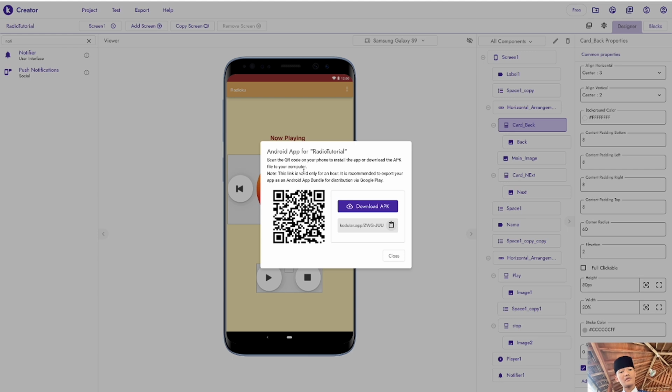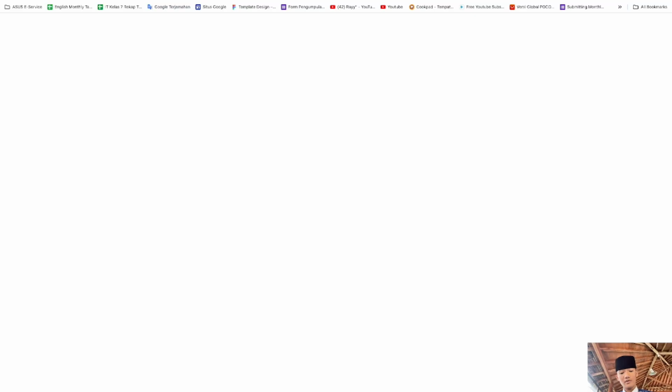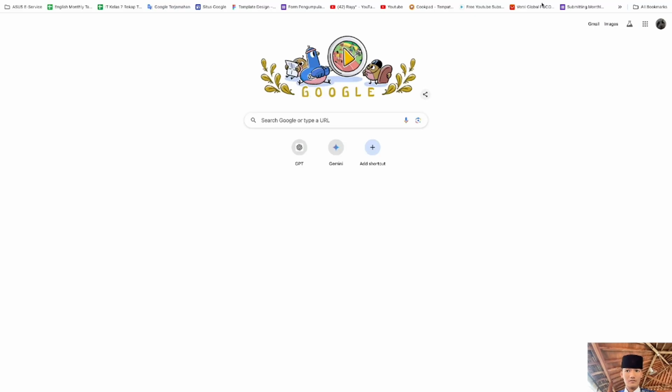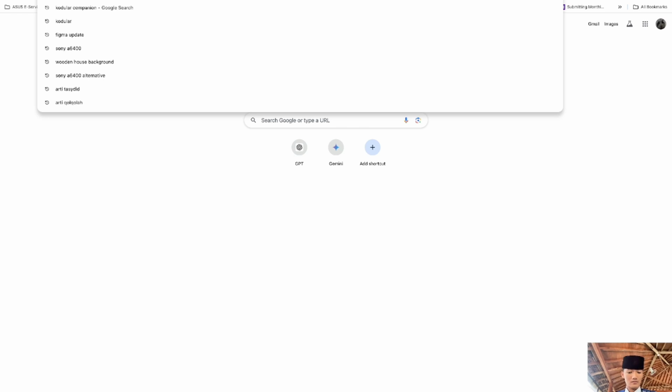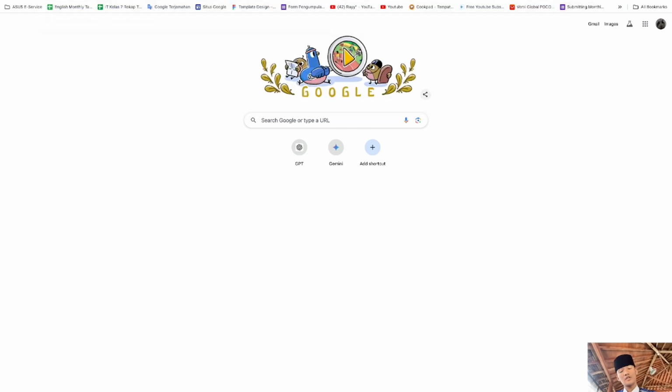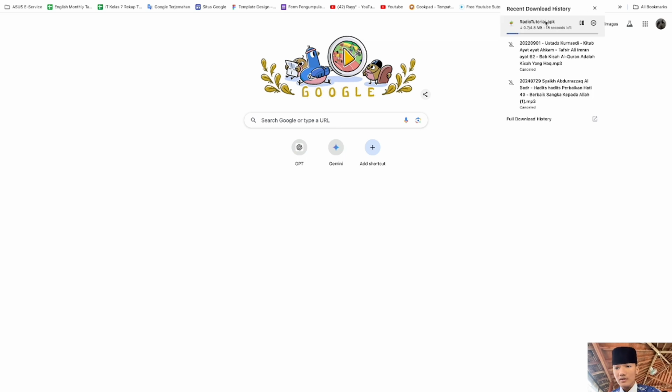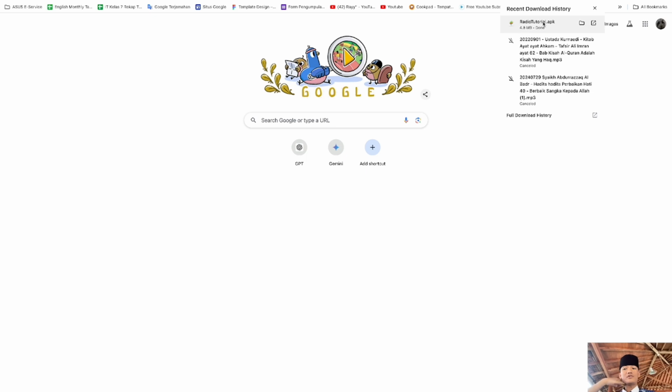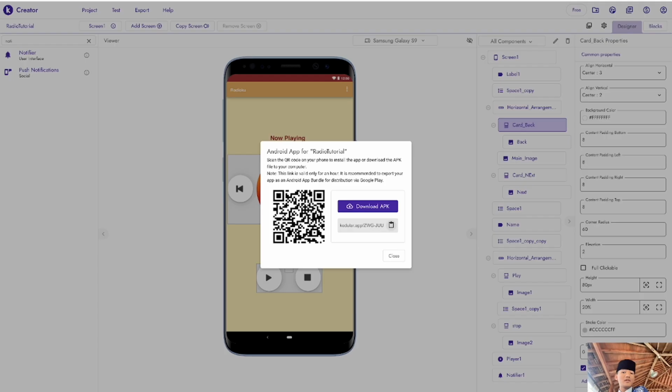So the Android radio tutorial is done. All the things are finished. After that, we're going to copy this and download it. It can play MP3 or audio from there, and also the notifier. Because I don't have any emulator, there's nothing there. If you're really using a phone, you can look for it there. Maybe you can copy that link and send it to your friends to download the app.